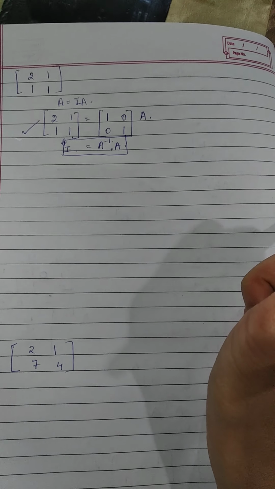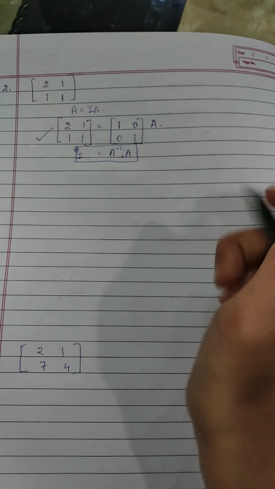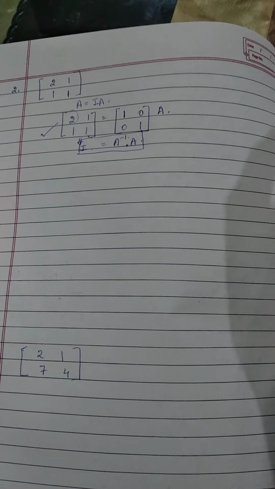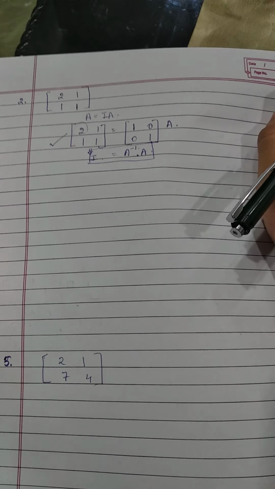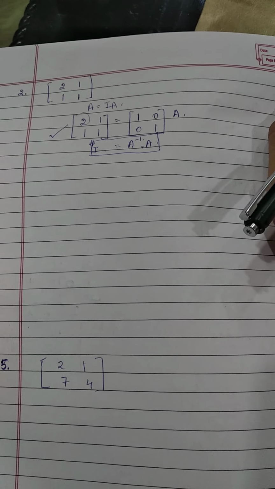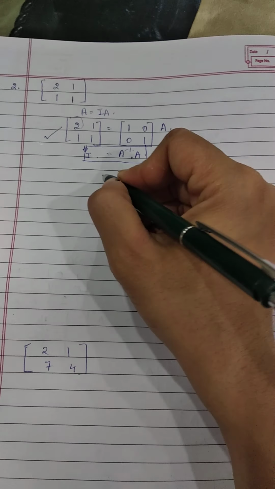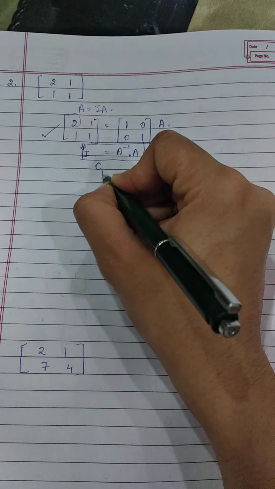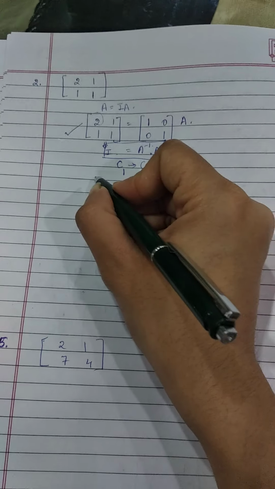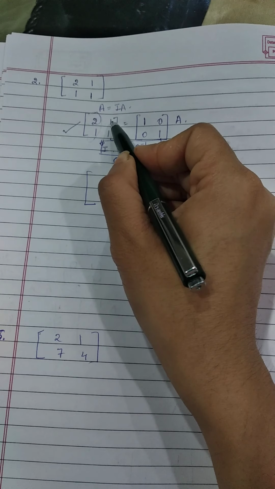So how can I convert it into an identity matrix? Remember, first of all, what do I need to do? I have to look for this element. How can I make this as 1? As we have already seen row transformation, let us try and apply the column transformation over here, right? So how do we apply the column transformation? I apply it on C1, right? So I get C1 minus C2. So C1 minus C2, this is C1, C1 minus C2.